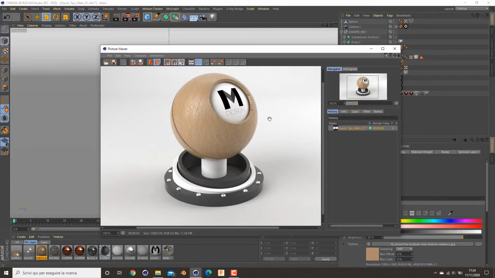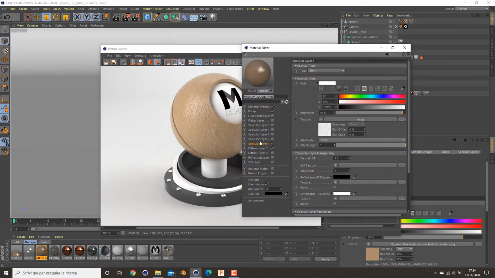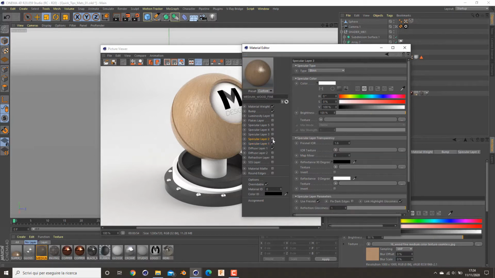In the first part we created this material, and now I want to apply to this base material a more shiny look on top of it, leaving this kind of effect here intact. How can I do this? Normally, I think you have some specular layer here,